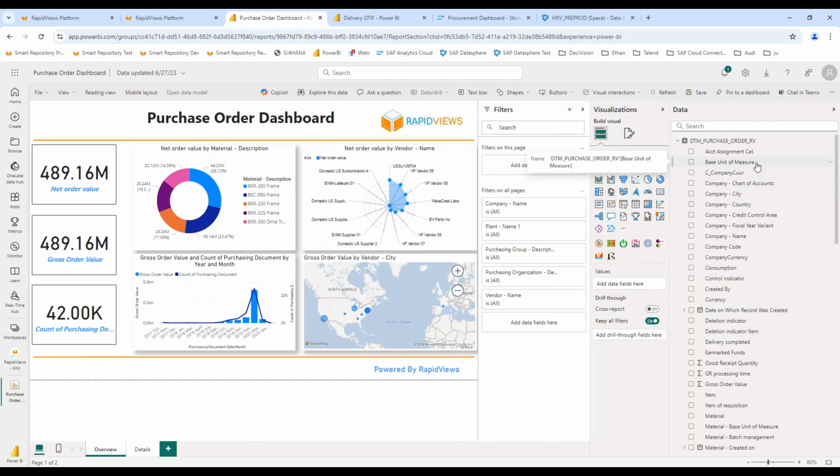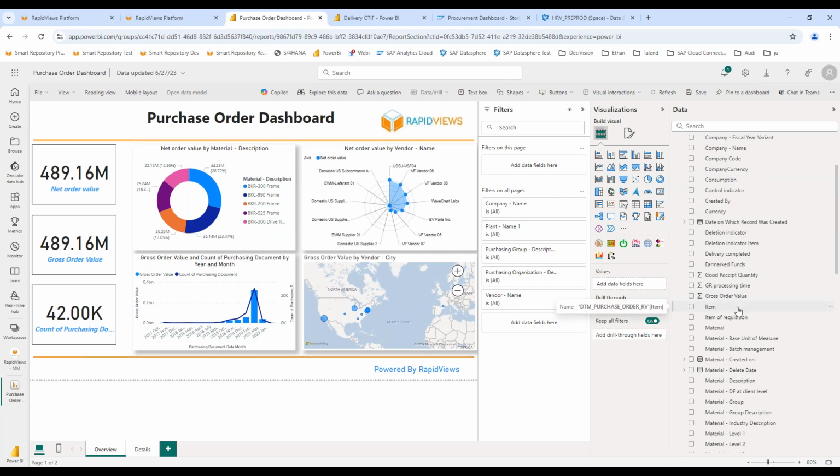Behind the report, I have a semantic layer built on the RapidViews content, and this semantic layer gives the end user the possibility to upgrade or modify the report with all the company details, all the customer details, and other KPIs. The semantic layer is what we provide when you use the business content. The business content is a predefined data mart and semantic layer, so when you open any reporting tool, it's what you will see. In this case, it's a sales purchase order, so it's a sales and distribution semantic layer.